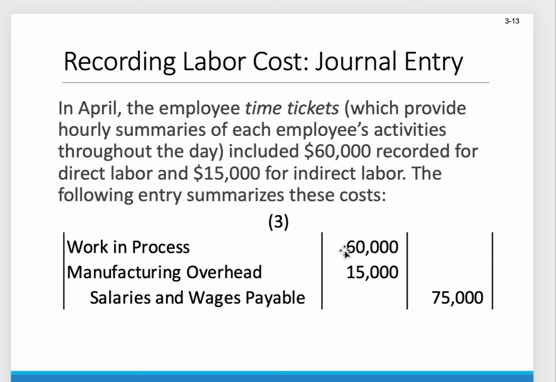Okay, the manufacturing overhead, that's the small corner of the production department. Let's say that's the manager's office. And that little bucket right there where the manager sits, that's all the indirect costs. So we're putting his $15,000 of cost that he earned to that bucket. Again, we need a credit, so we're going to credit wages payable for $70,000. So this journal entry we see right here,